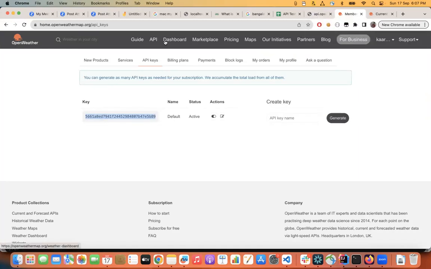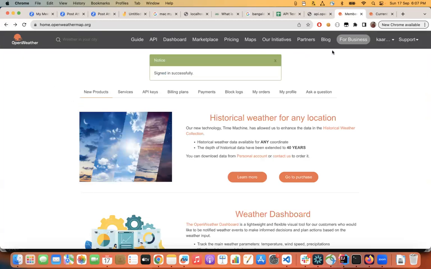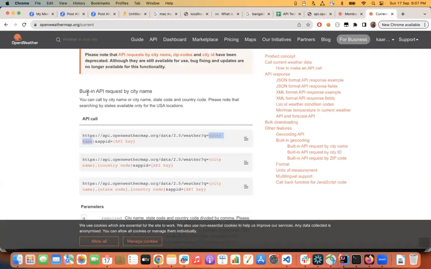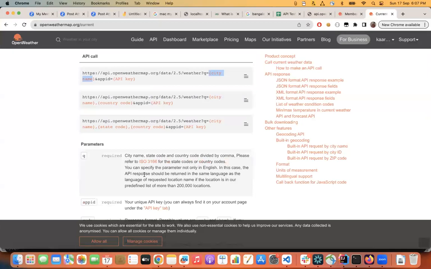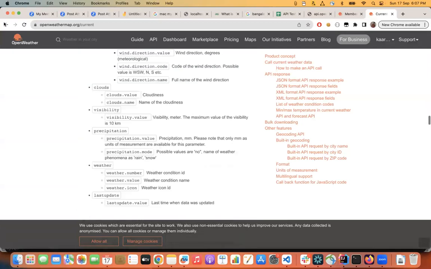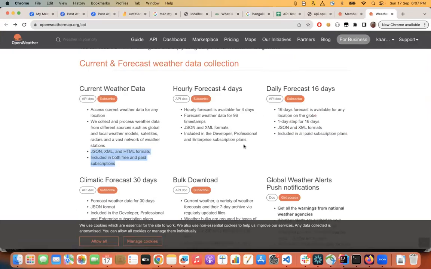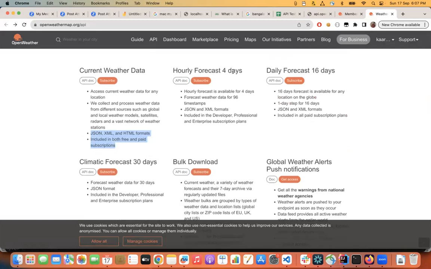Similarly, it has a few other APIs. Maybe check them out. All you have to do is sign up for this account with the email ID and the password, sign in, get your API key, and go to this API section and find the relevant doc to get the current weather of a particular city by giving its city name and API key, and you are good to go. If you want, just explore other APIs here. You have an hourly forecast, daily forecast,